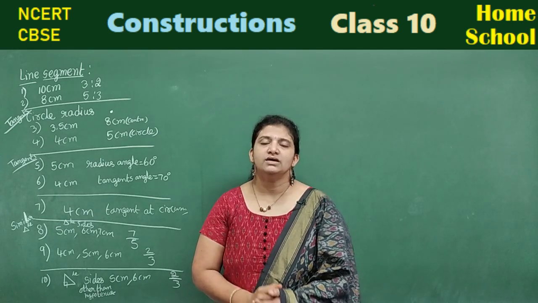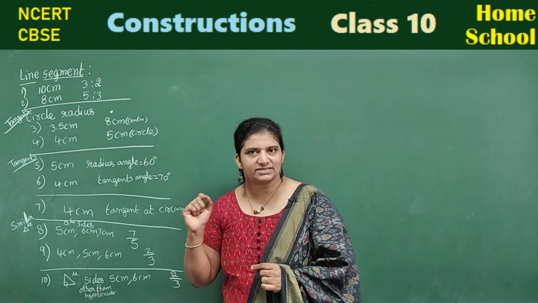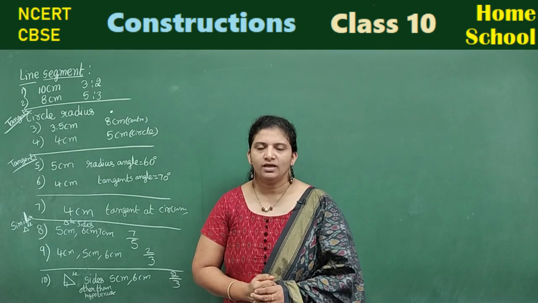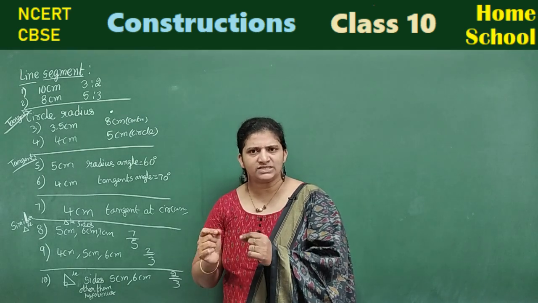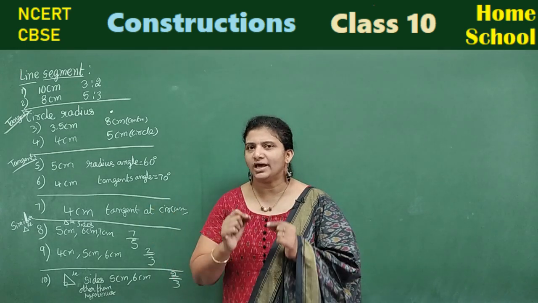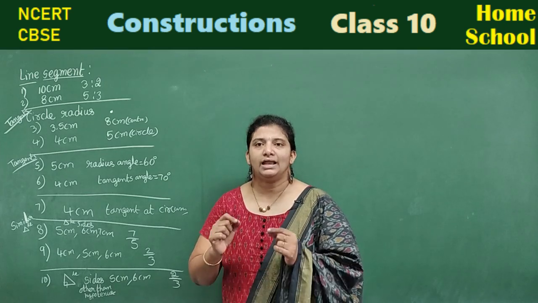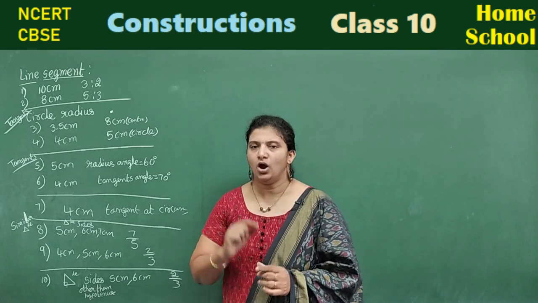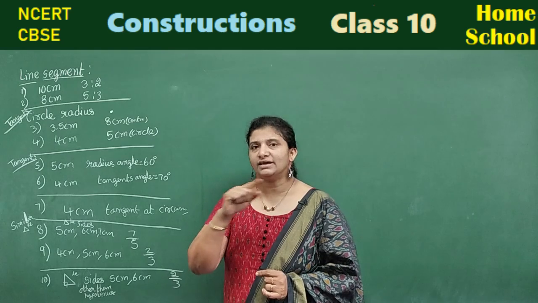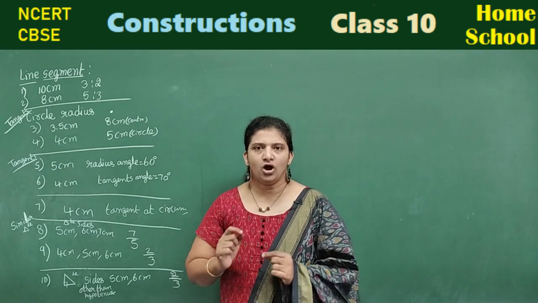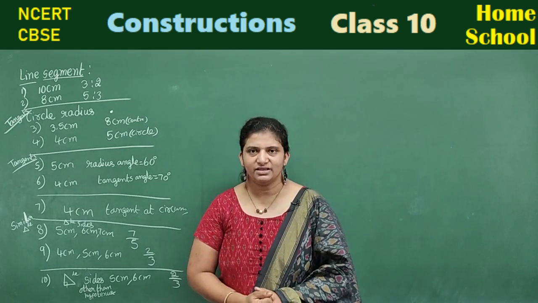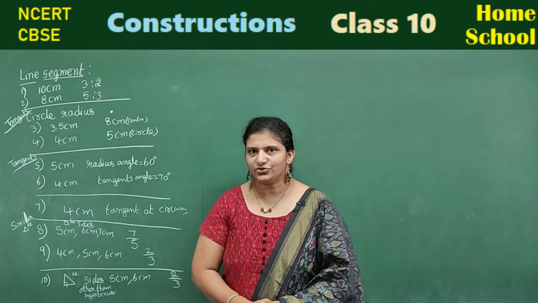Coming to 3 marks, they will give you a circle radius and an external point. From the external point, draw tangents, they will say. And the distance from the center of the circle or the distance from the circle to the external point, whatever they give, you should observe the statement carefully. And among these two, one may come, or the radius and the angle between the radii they may give, and they ask to draw the tangent at the end of the radius. Or the tangents' inclination angle will be given, you need to draw the tangents. Among these two, one will be for 3 marks.